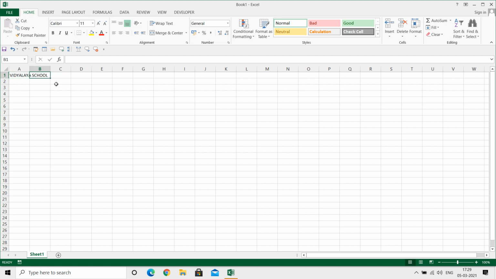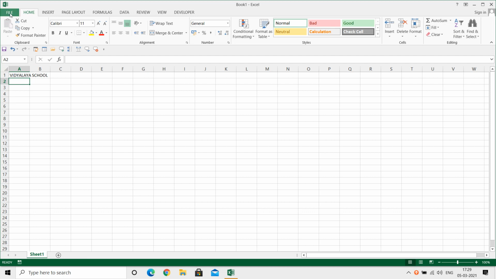If it goes right, again you have to come down by hitting the down arrow and left arrow key like this. So you can change the direction of the enter key.